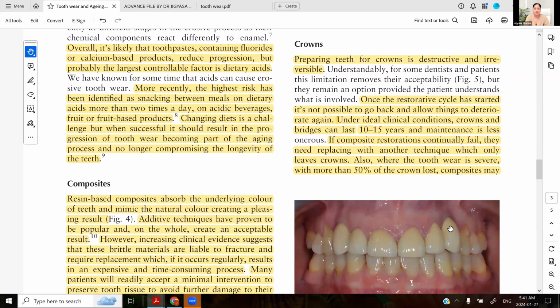As you can see here, anteriorly crowns are given. Preparing teeth for crowns is destructive and irreversible. Once the restorative cycle with the crowns has started, it is not